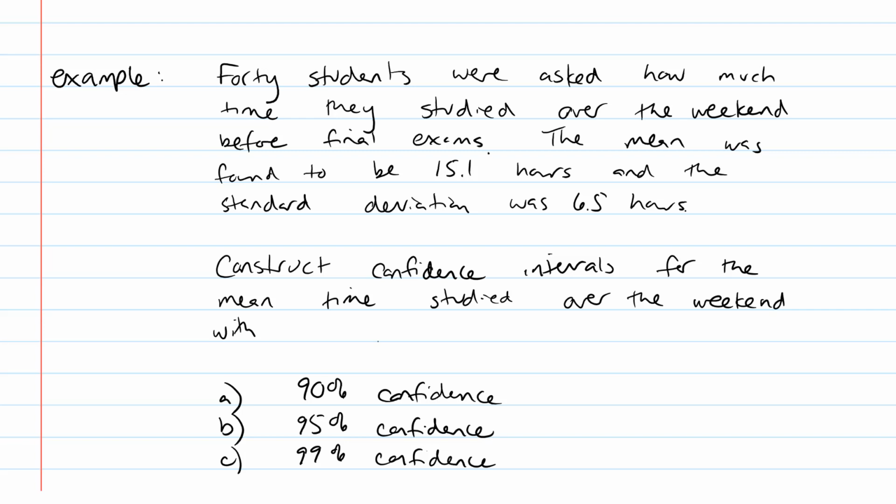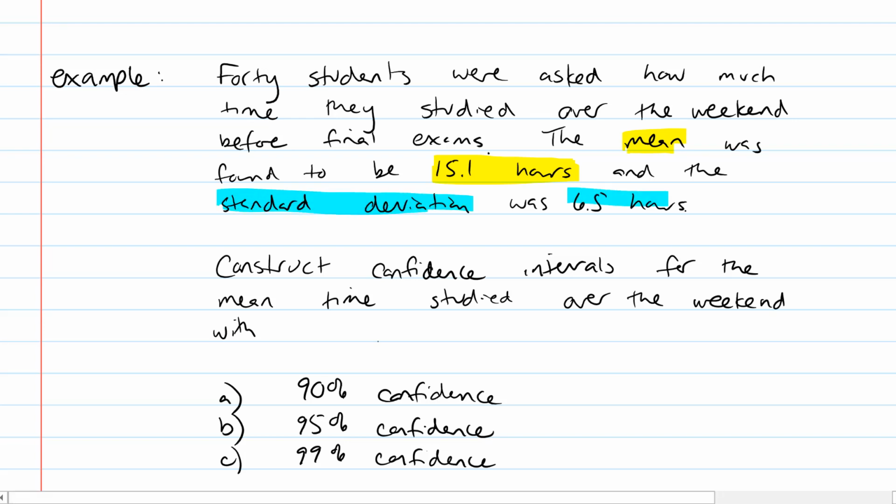Okay, so our example is 40 students were asked how much time they studied over the weekend before final exams. The mean was found to be 15.1 hours. Using my highlighter pen, here's the mean, and the standard deviation was found to be 6.5 hours. We're going to construct confidence intervals for the mean time studied over the weekend,